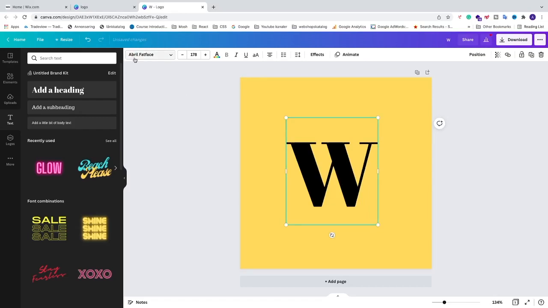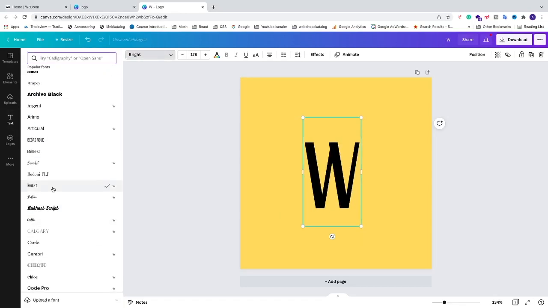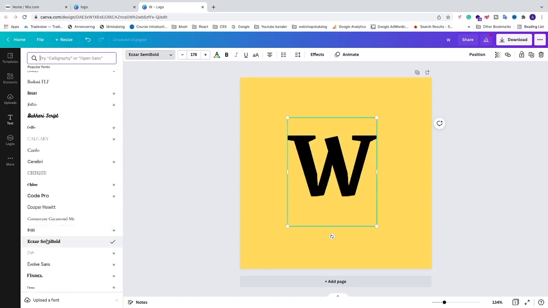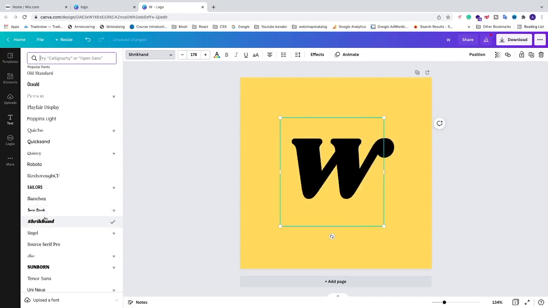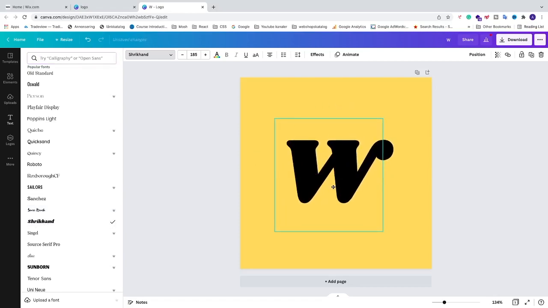So you can just choose your own custom font if you like. So let's say I want to have this one, and we're just gonna leave some space around this, and we can make sure that this one is centered